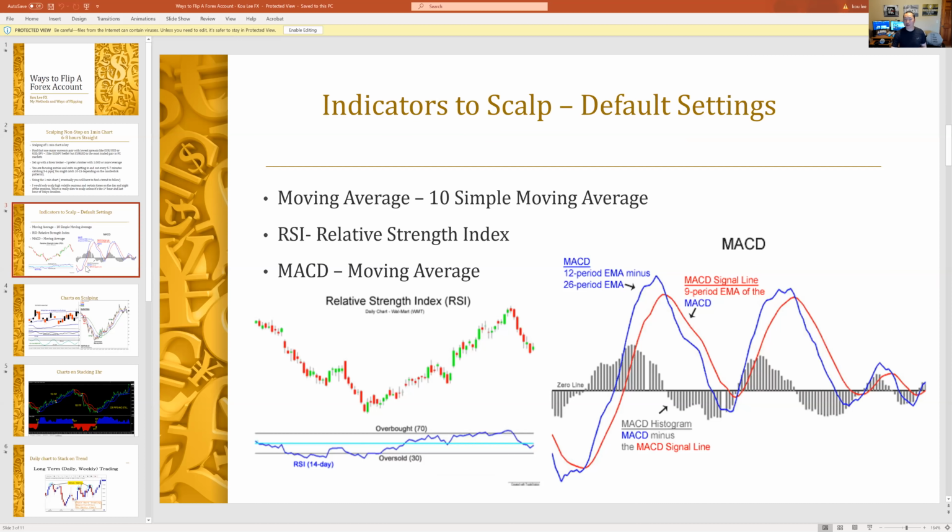Indicators. These are the three indicators that I used back then in 2017 when I flipped the 350 to 26,000. The moving average was a 10 SMA, simple moving average. The RSI is the relative strength index, using 30 as oversold and 70 as overbought. You can see this in the picture right here. And then the MACD. It was all default settings. That's what it says right here. So when people ask me what settings I used, it clearly states in the title: default settings. I never understood customizing the indicator settings at all. I just left it at default, and I just went with the same time frame,